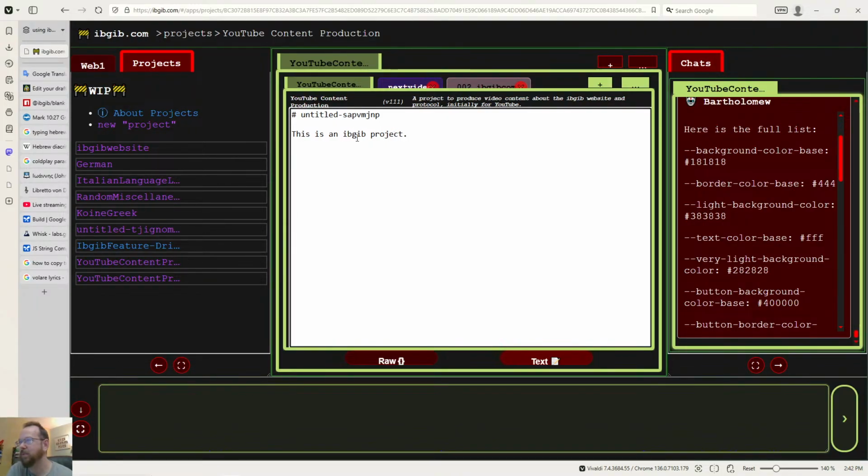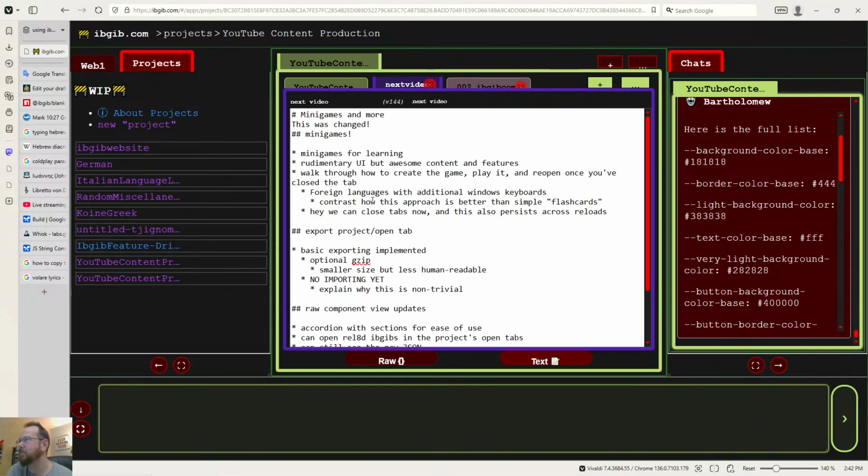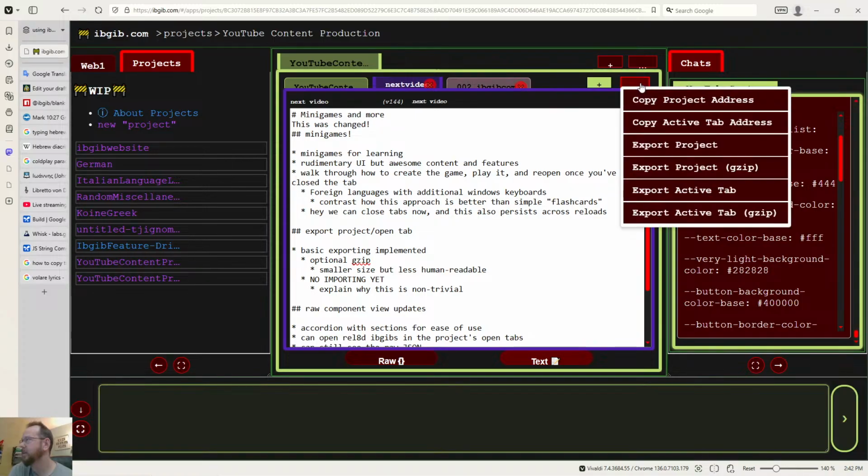And it's a mind-blowing experience. You think of them as versioned files plus folders. And it opens up a whole new paradigm for collaboration. But in the short term, the cool thing is that now I'm on the next video, so I can say export the active tab,